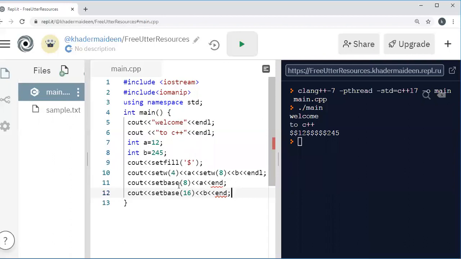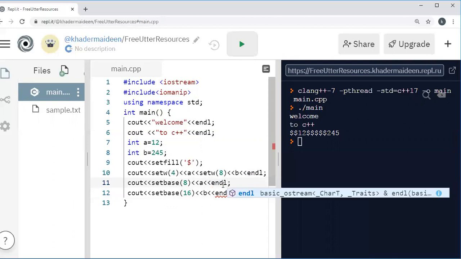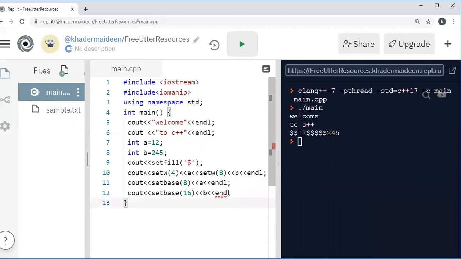Here, I am converting the value of A into octal base and the value of B into hexadecimal base. Let's see that.